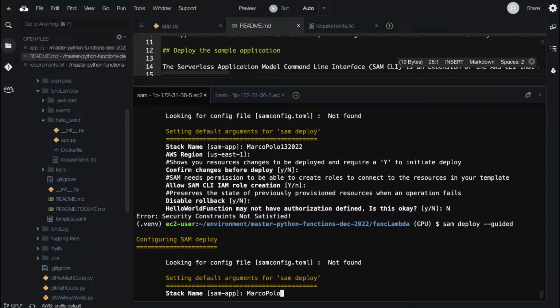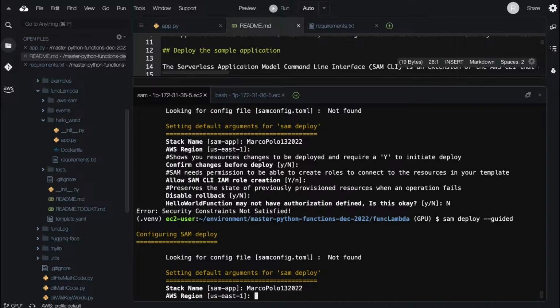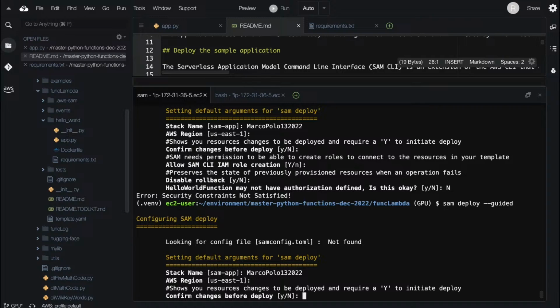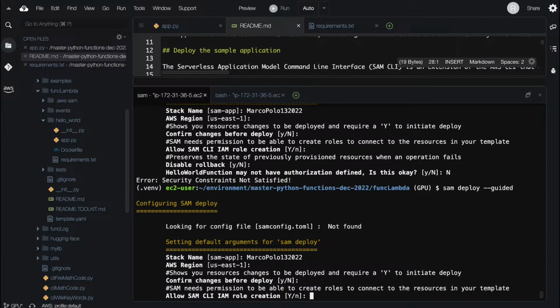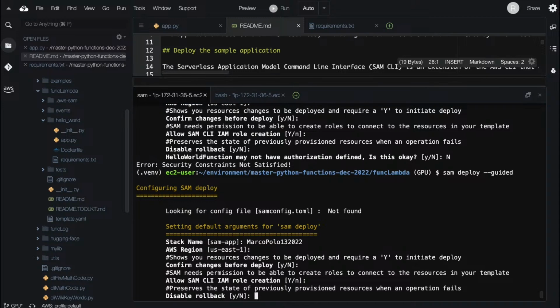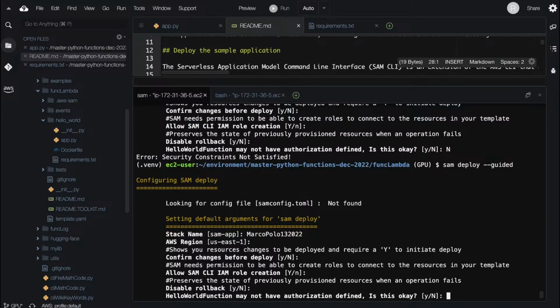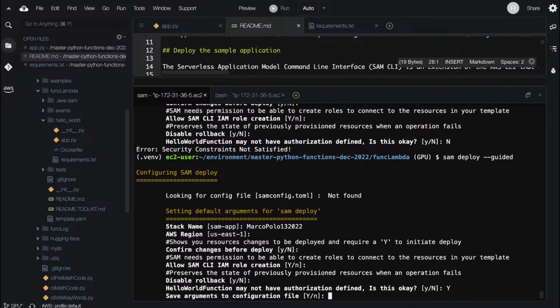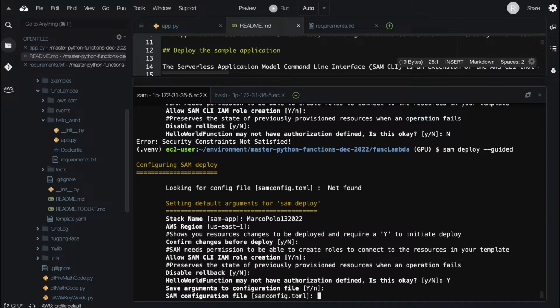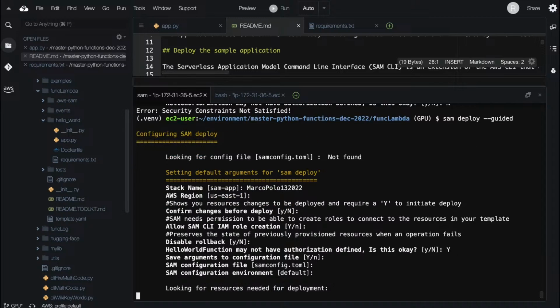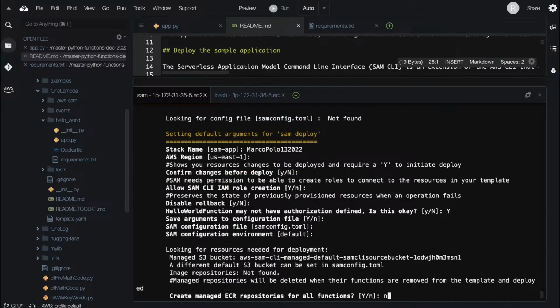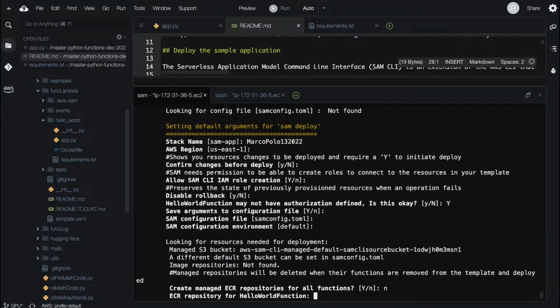Marco Polo 132022. Let's go through here. Confirm changes before deploy. Allow IAM role. Disable rollback. No. And we can say yes, it's okay. Save arguments. Yes. Yes. No. So we'll try that. Maybe that will fix it.